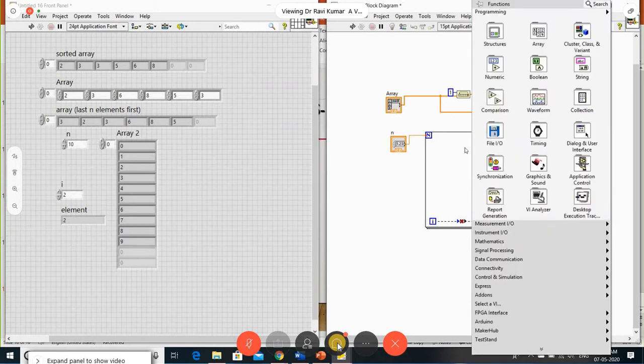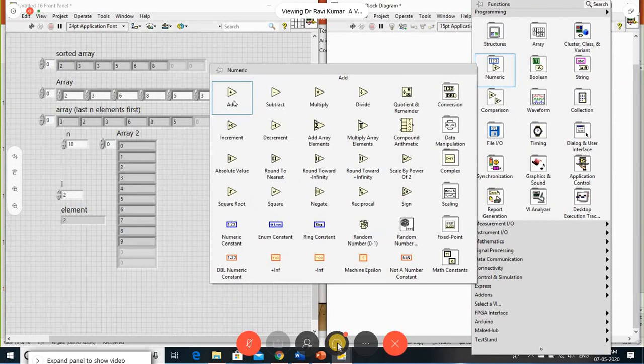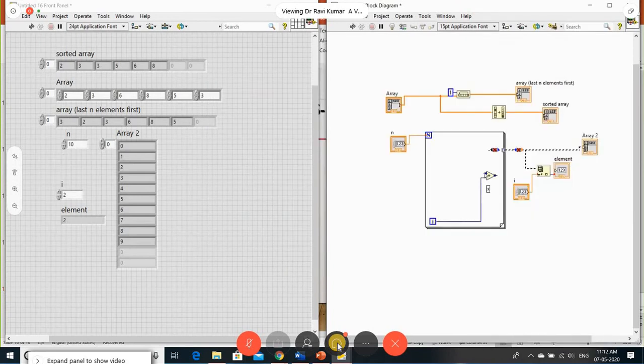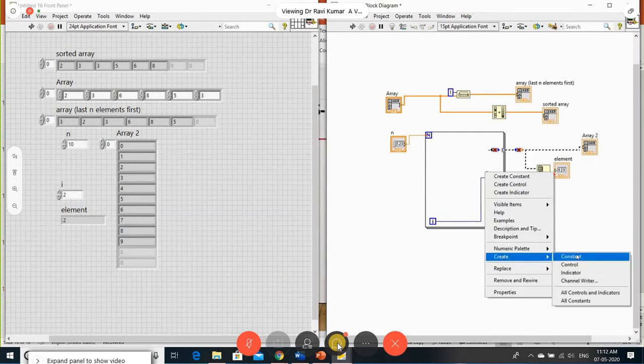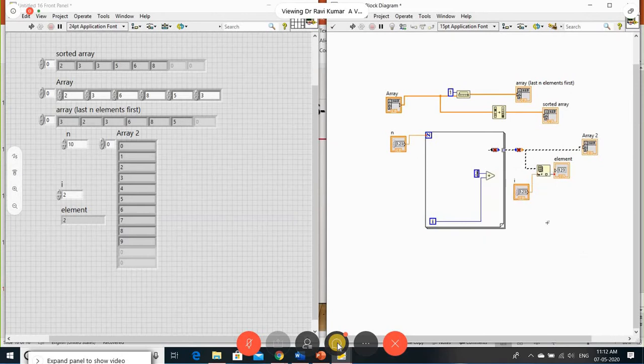You want to add 2 to this, or multiplication, whatever you want, you can put it here with i, and give some constant. Let me give 2. So whatever the i value is, it is added by 2 and stored in your array element.